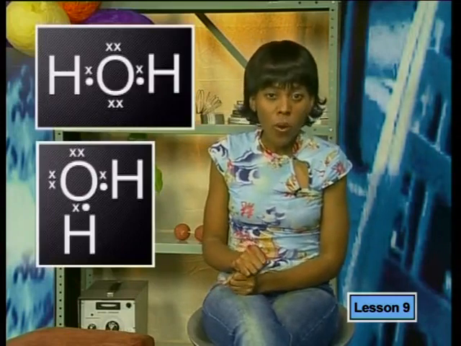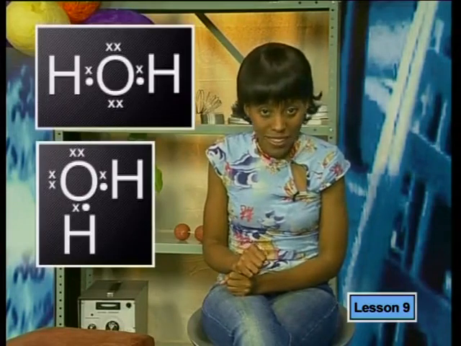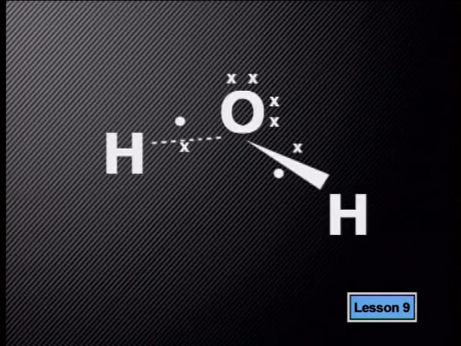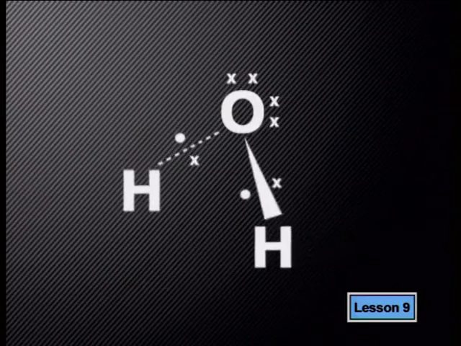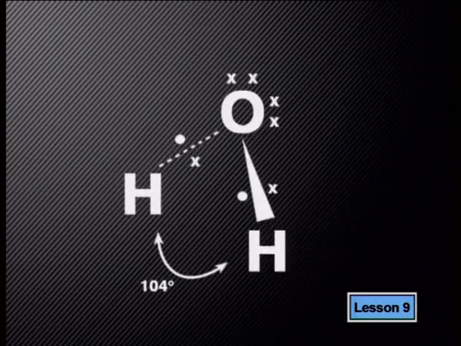Now remember, when there are 4 electron pairs, the basic arrangement is tetrahedral. But in this molecule, we have 2 lone pairs that repel each other strongly. The VSEPR model predicts that the angle between the lone pairs will be greater than 109.5 degrees found in the tetrahedral. But because this lone pair angle increases, the bond pairs are pushed closer together.